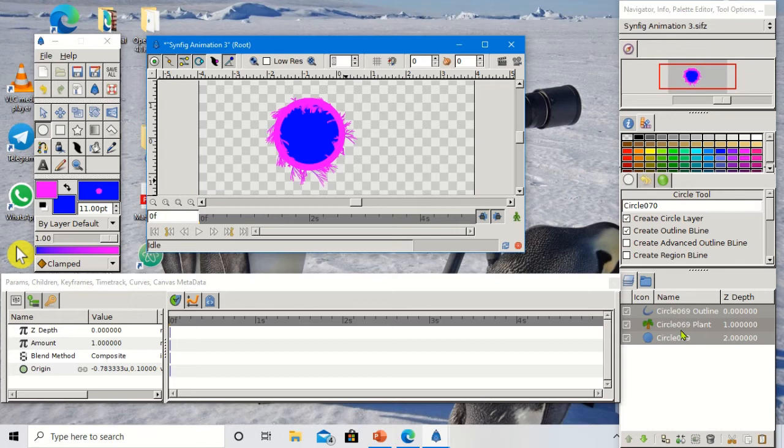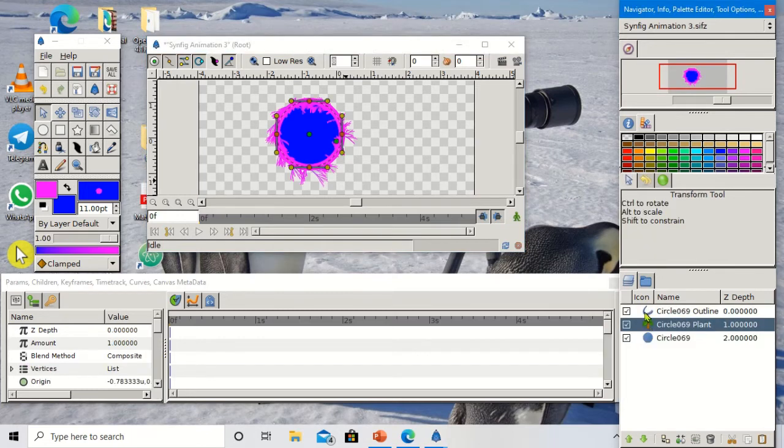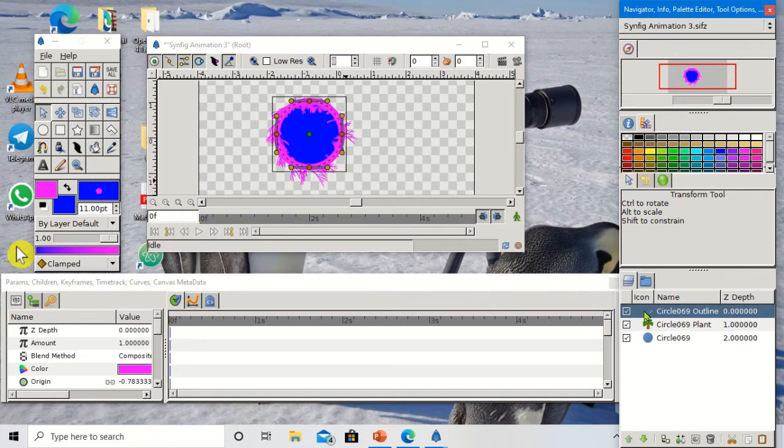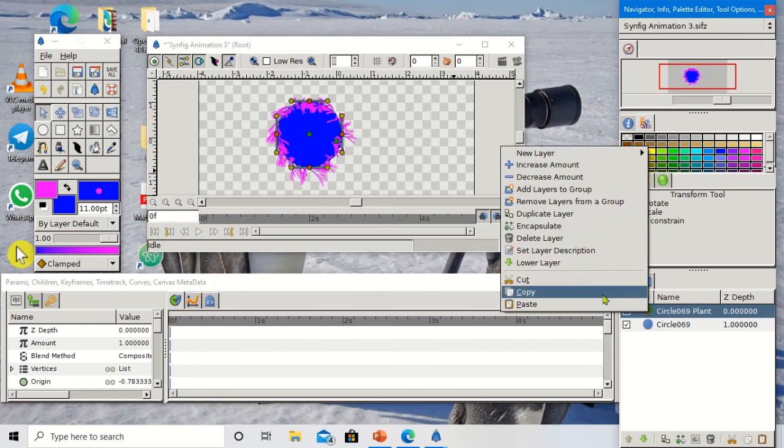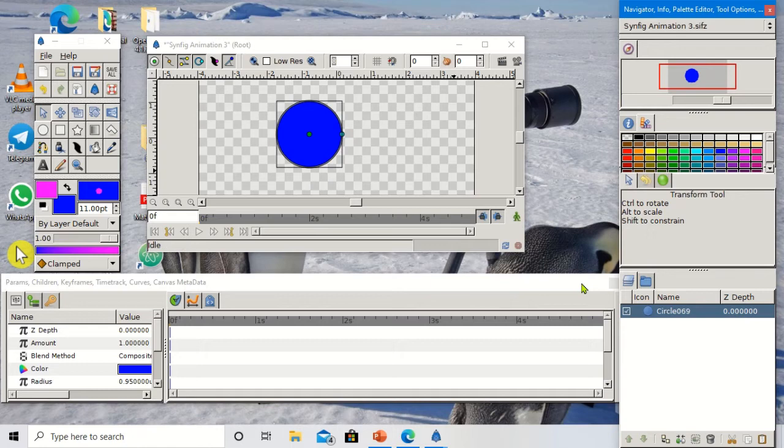If you want to work individually with any layer without affecting others, you can. So let me show you. If I delete this outline layer, you can see the other layers are not affected. Those layers are still there. If I delete this plant layer, you can see the region layer will be there, right? So I hope you got the layers.